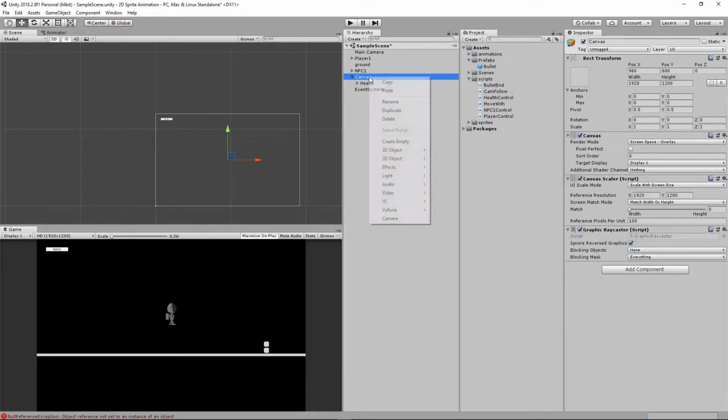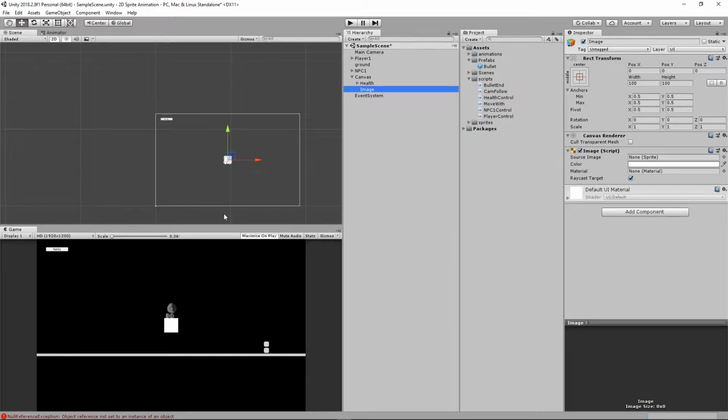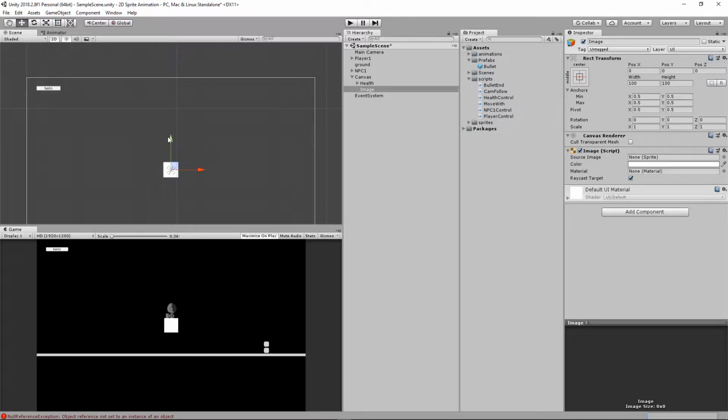So I'm going to go to my canvas and create a UI image. Now I could put an image into this, but I'm just going to leave it as a generic solid color. I'm going to move this to the top of my display, and give it a width of, say, 400. And actually let's move it over here, up beside where our health number is. Okay, and we're going to call this health